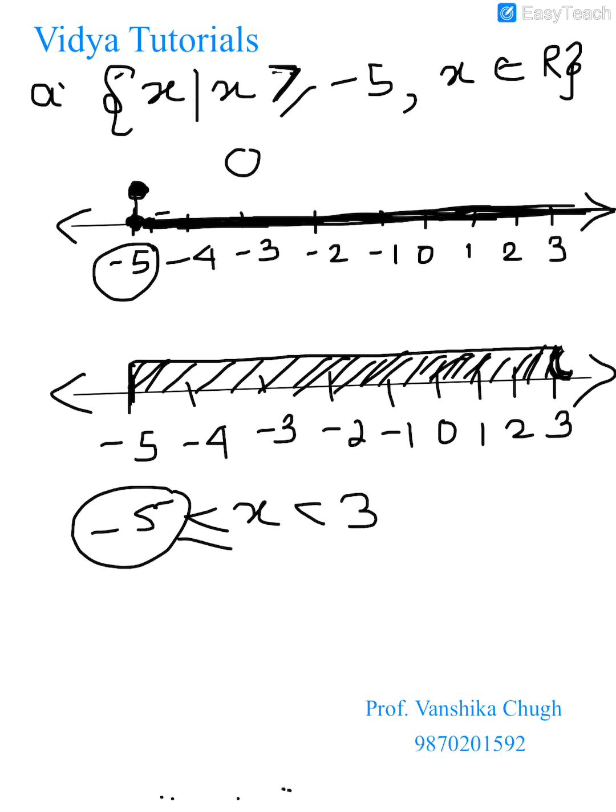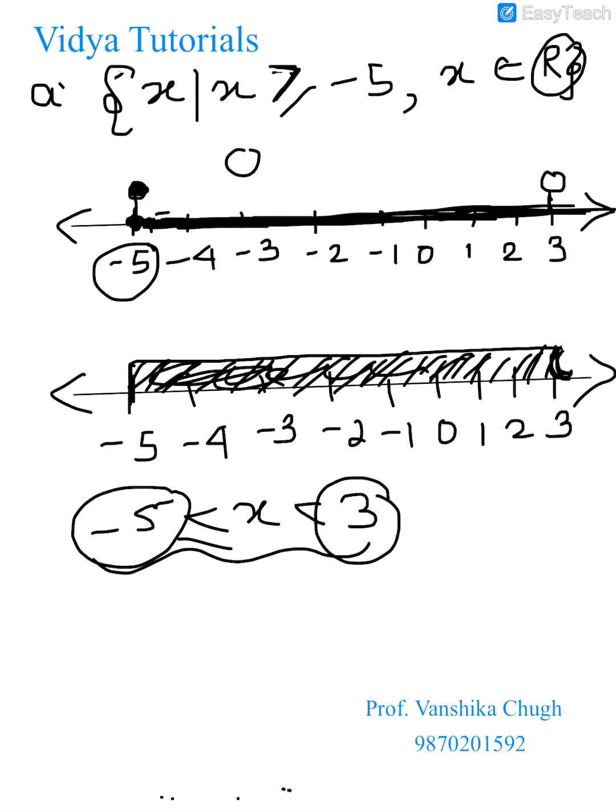Similarly, if you want to show this kind of arrangement, I am showing it for real numbers. Remember, in real numbers all these values are included, so that is why this shading or darkening of the line is very important. Now if I want to show this on the earlier number line, I will just put a hollow dot over here. It means 3 is not included and all the values between minus 5 and 3 are included. So this is how you represent the solution set of real numbers on the number line.